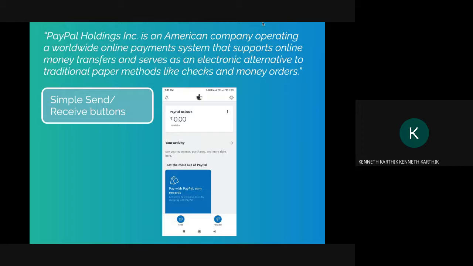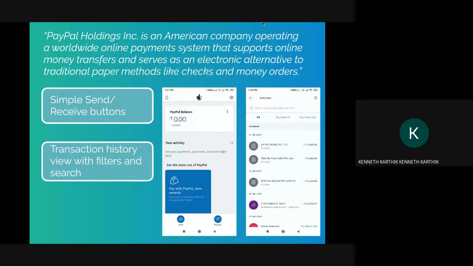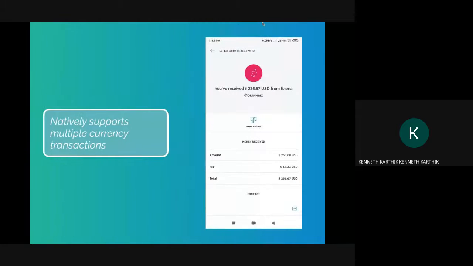And the main benefit of it is you can see the user interface here, where they have basically just send and receive buttons and your balance, which is practically what you need from a wallet type application. You're trying to pay or you're trying to receive, and you need to know how much is in your wallet. And they got that extremely right. They knew exactly what stuff was important and what was to be included, and it was very clearly defined, very efficient, and very very clean. But the problem is they didn't have this UPI support, so I wanted to basically derive something from this and utilize it in the final application.